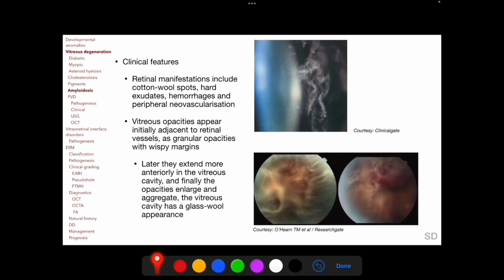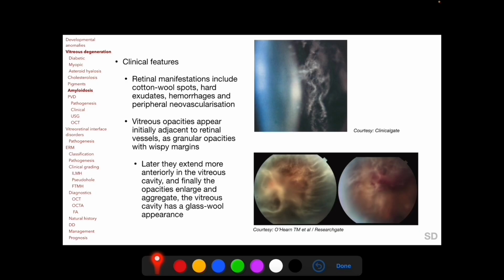Retinal manifestations include cotton wool spots, hard exudates, hemorrhages, and peripheral neovascularization due to deposition of amyloid in the retinal vessels, and vitreous opacities appear initially adjacent to retinal vessels as granular opacities with wispy margins. Later, these opacities extend more anteriorly in the vitreous cavity, enlarge and aggregate, following which the vitreous cavities have a